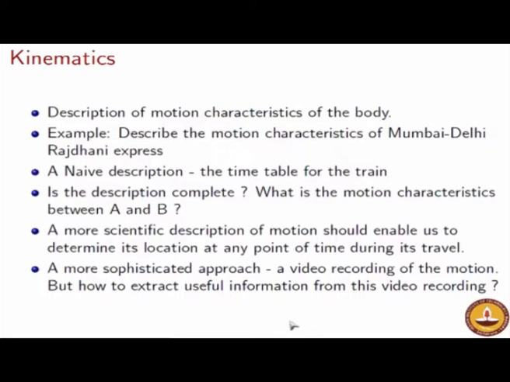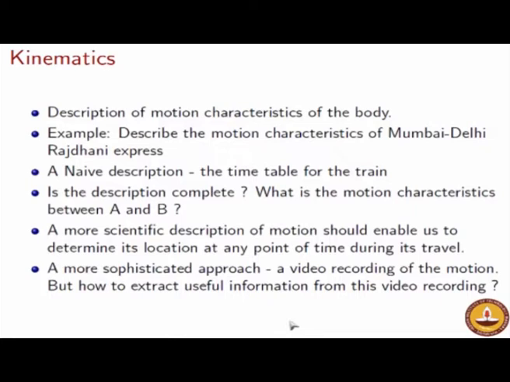Again, therefore, we will not take that to be our best example of a complete description of motion characteristics. What we will call a complete description of motion characteristics is going to be our objective in the next few hours or so, and let us see if I can convince you that a description in a mathematical form, or better still in a graphical form, actually attains this objective.